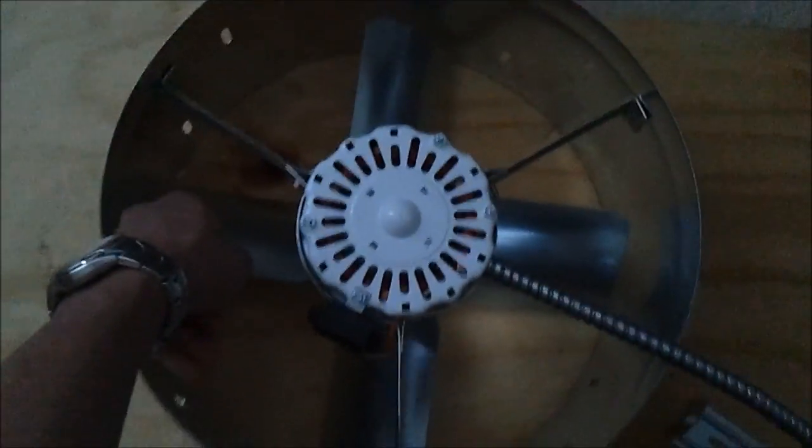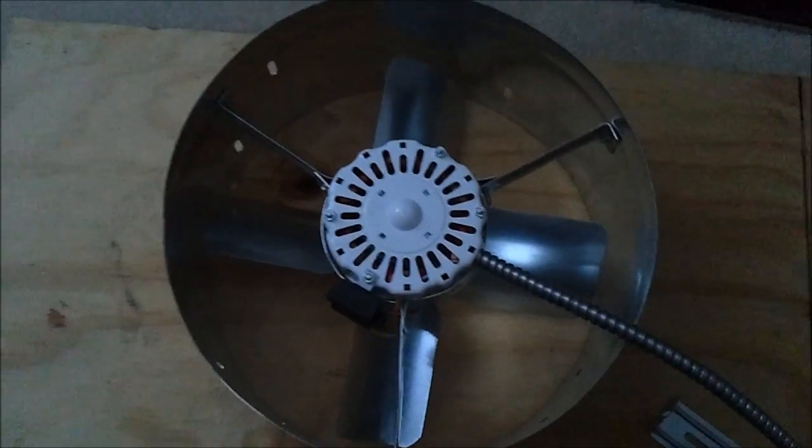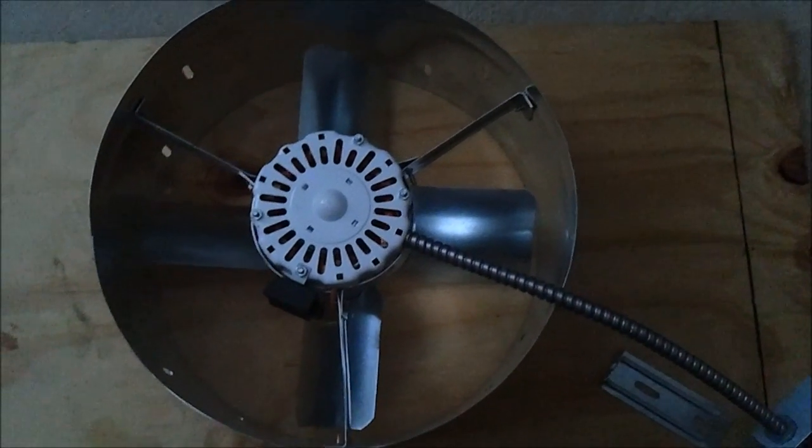Alright, to give you an example of how that's going to look, let's go on and throw that on there. If you notice again, you want to give yourself room from the edges. I haven't secured anything, haven't centered and all that, but I'm just showing you again. Keep in mind, all this wood that's on the inside of this fan's housing is going to be gone. So you're going to want as much wood as possible to give you some kind of security and stability when this fan is going to be turning at